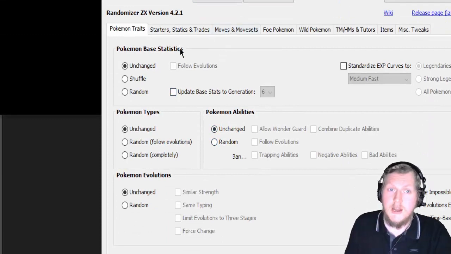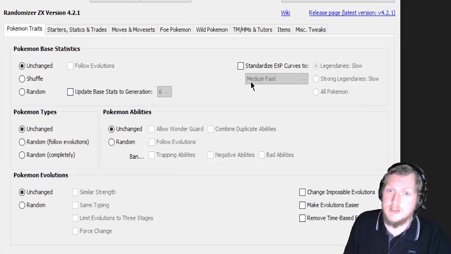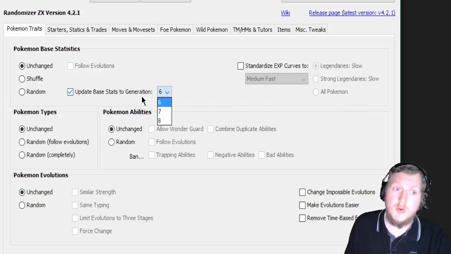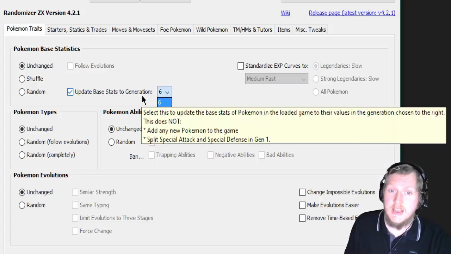So first off, you have the Pokémon base stats. You can change them, you can shuffle them, you can follow for randomized evolution, and you can standardize the EXP curves, so they're all on some kind of EXP curve if you want to. And of course you can also update the base stats based on a generation. You can do 6, 7 or 8, so if your Pokémon get better stats in the later games, that's a good way of doing it. So the yellow text here says